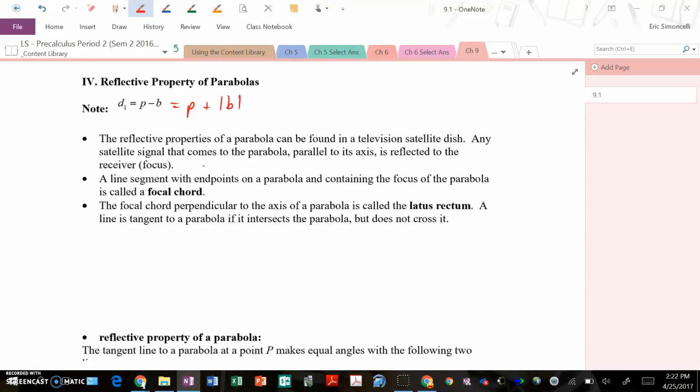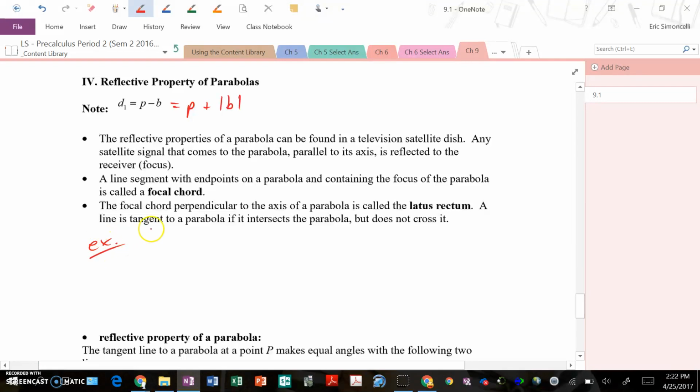A line segment with endpoints on a parabola and containing the focus of the parabola is called a focal chord. And lastly, the focal chord perpendicular to the axis of a parabola is called the latus rectum. A line is tangent to a parabola if it intersects the parabola but does not cross it. As an example,